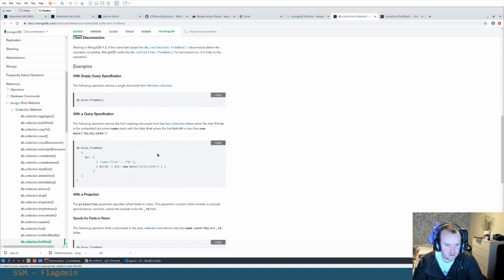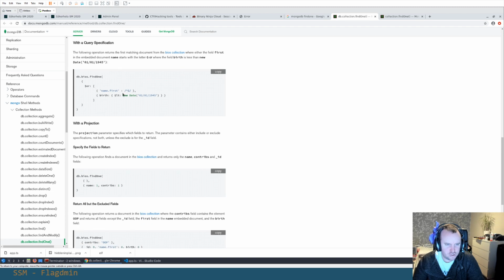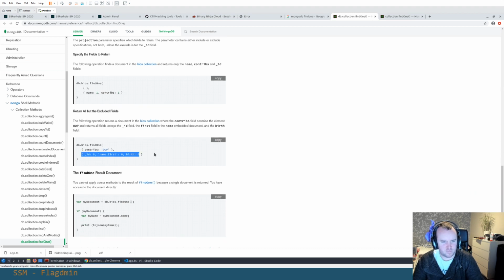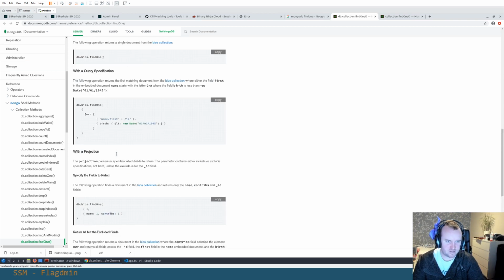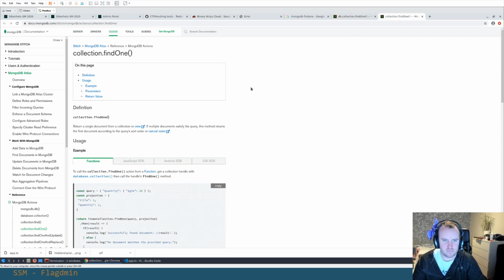So in the find one thing, we should be able to do something like this. This would be the non-malicious way of just putting an ID here, but I think we should be able to